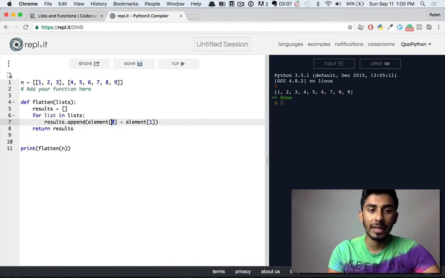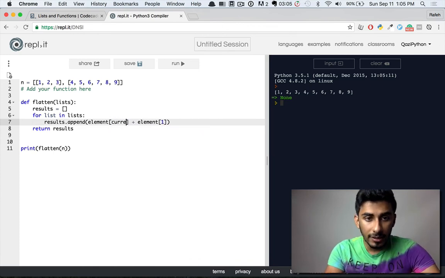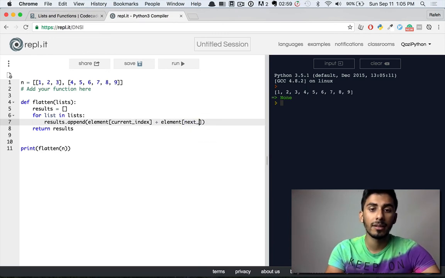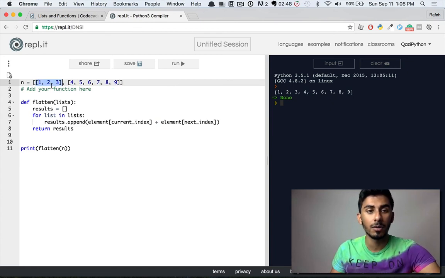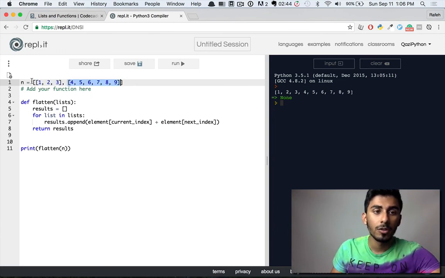So the element at the current index plus the element at the next index. What that means is in this giant list here, let's say our index was at 0, because this list is at position 0, and this element here is at position 1. So what it would essentially do is that plus that,